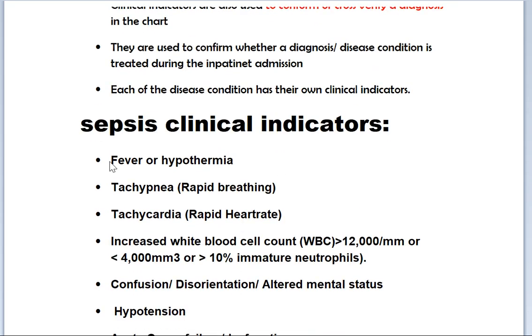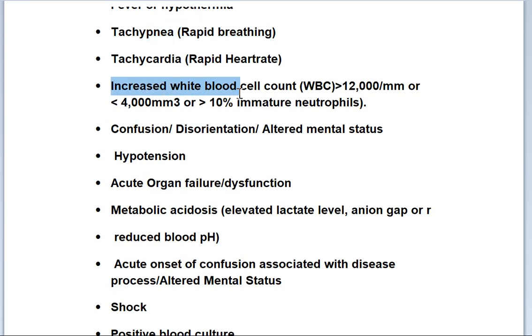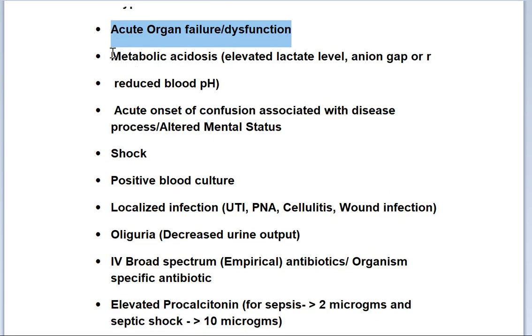So here are the clinical indicators. When a patient has sepsis, not all of these things, but at least 3 to 4 of these things should be there in the chart. Only then can you come to a conclusion that this patient has sepsis. Such clinical indicators are fever or hypothermia, tachypnea, tachycardia, increased WBC, confusion or disorientation or altered mental status, hypotension, acute organ failure or dysfunction, metabolic acidosis,